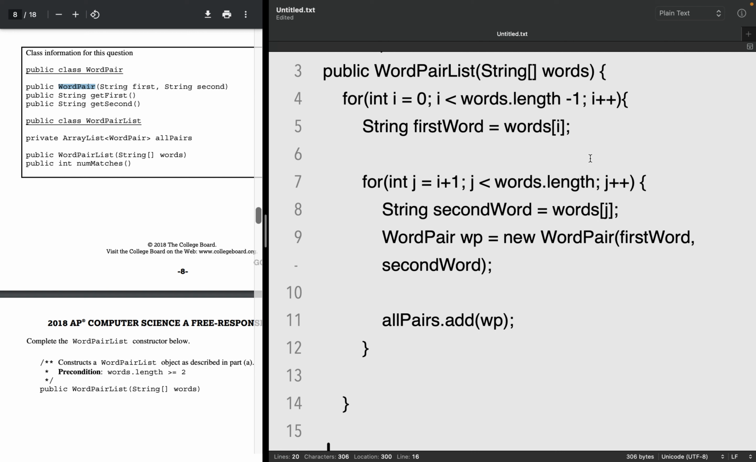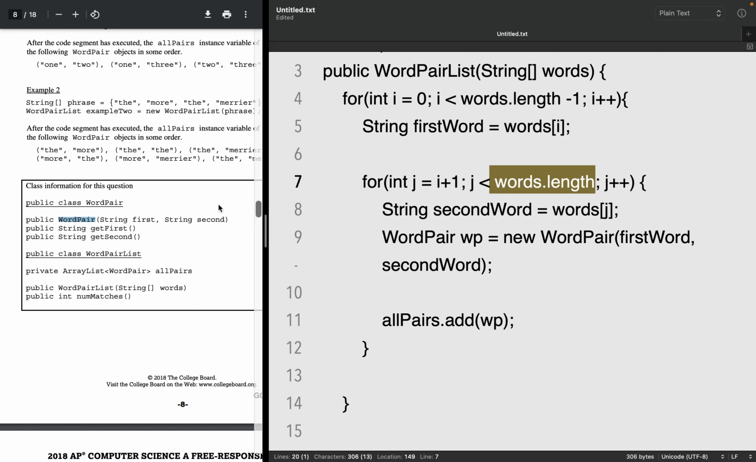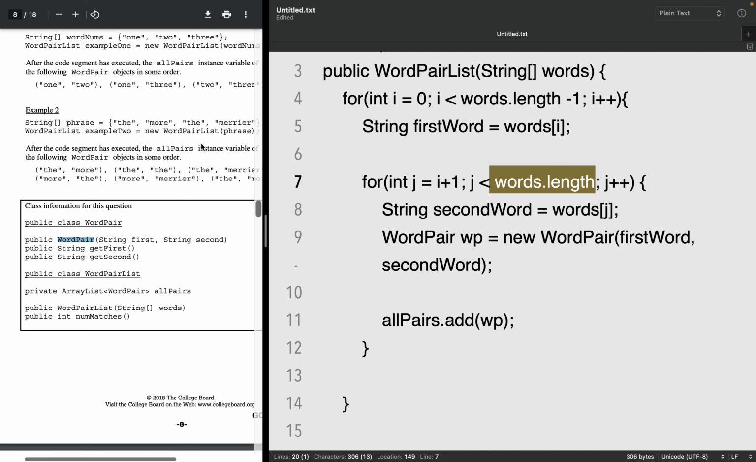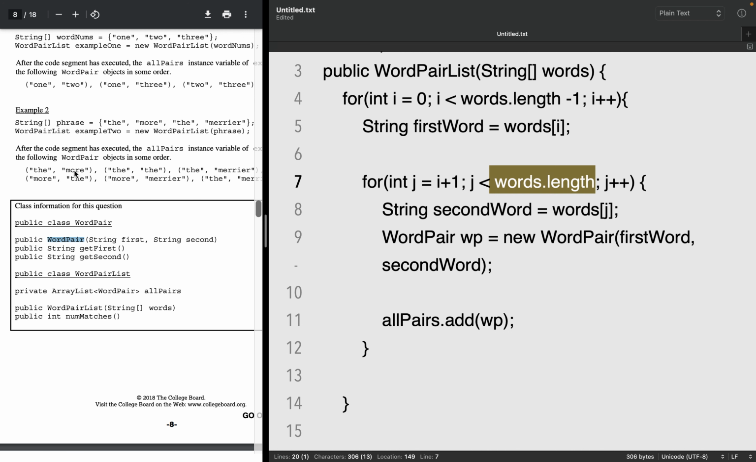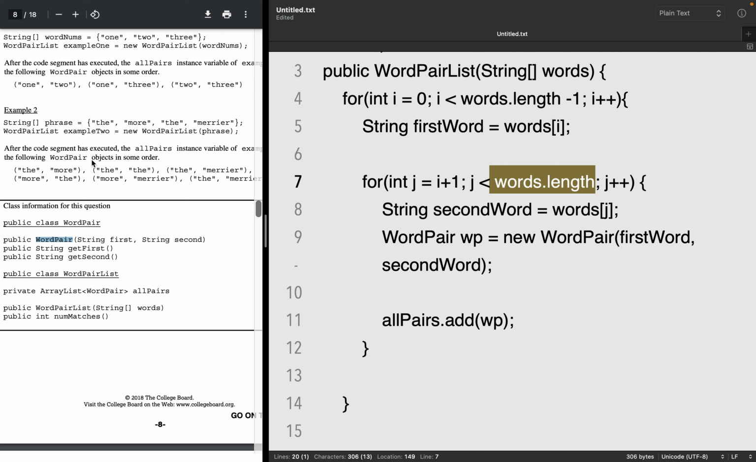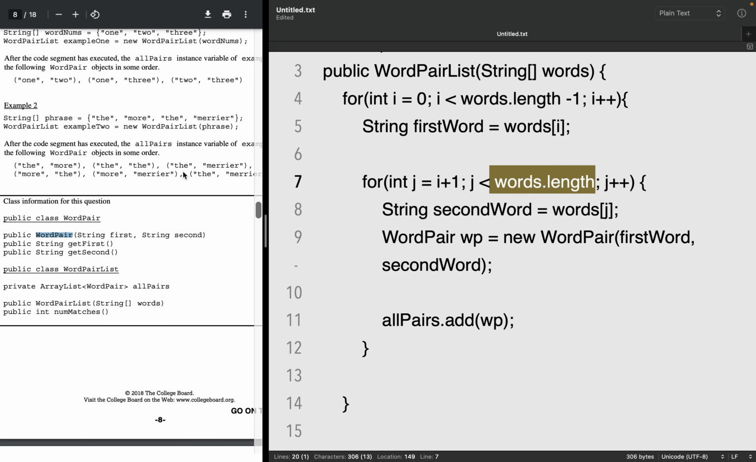No. Okay. I think I can keep it like this because when we were matching "the" with all the rest of the words, "the" was matched up with all the remaining words in the list. Like, it was "the" and "more", and then "the" and "the", and then "the" and "merrier". Sorry, I don't know why that's so funny to me, but